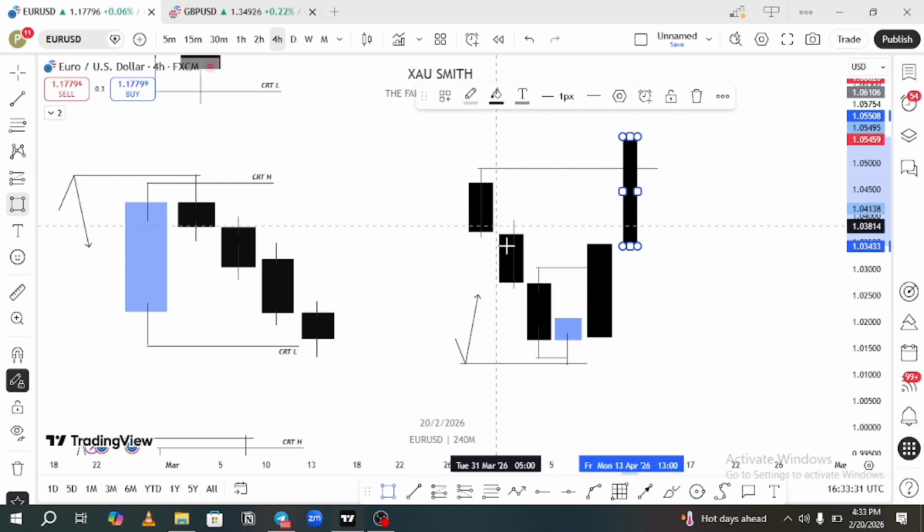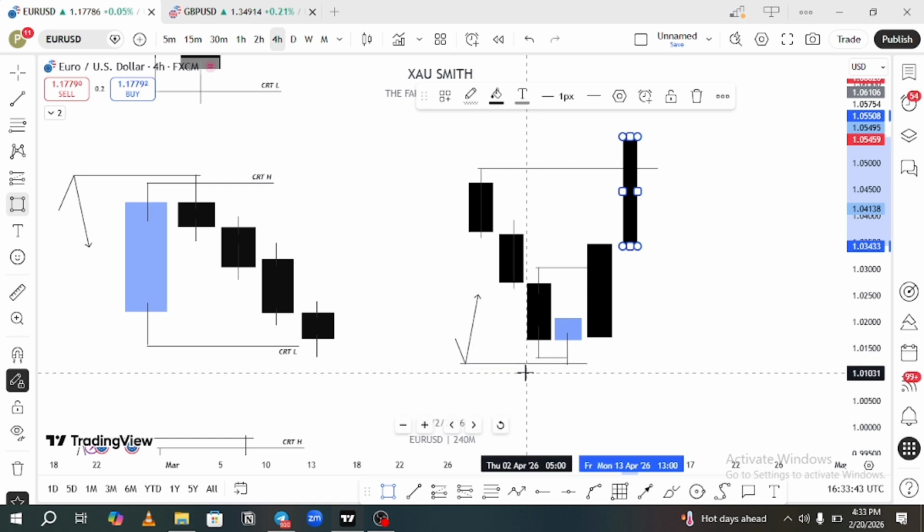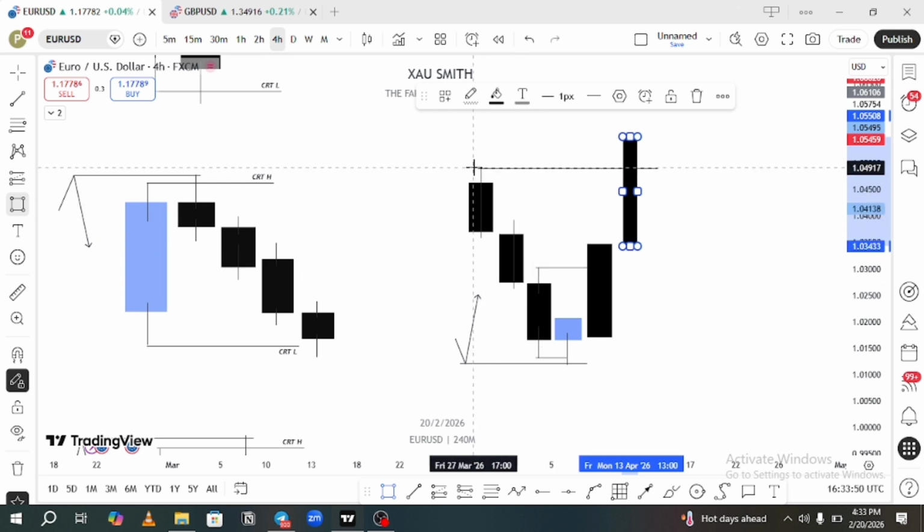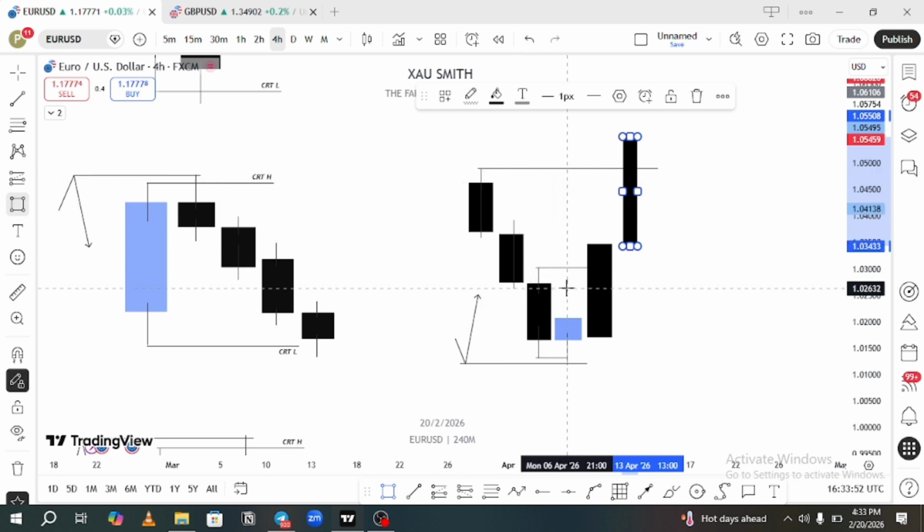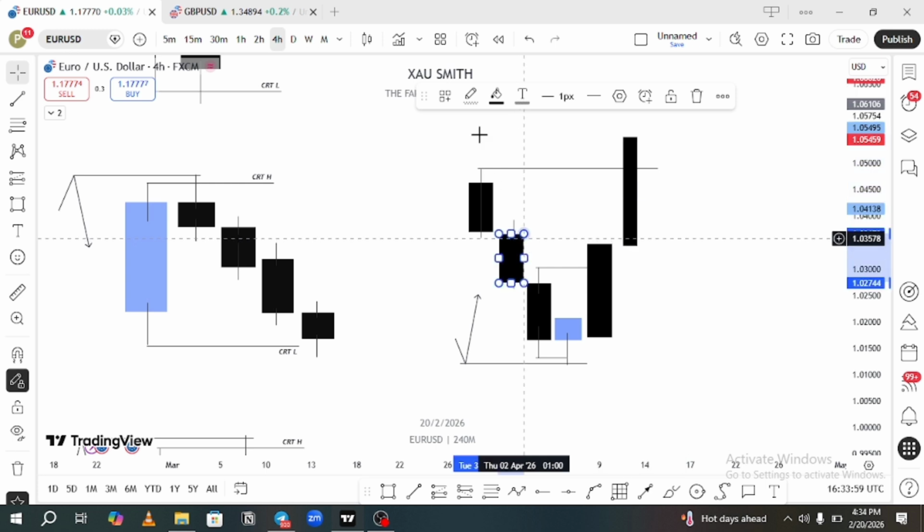Now, you can look to trade to take out this candle's high rather than just this candle, provided the candles that are trading downwards are the same candles. There should be a series of down-close candles after the CRT happened, then we had it reacting from this V-shaped key level or any key level we are talking about. You can look to take your target at the high here and not just here, provided they are all the same candles coming down. But let's assume if this candle was a bullish candle,